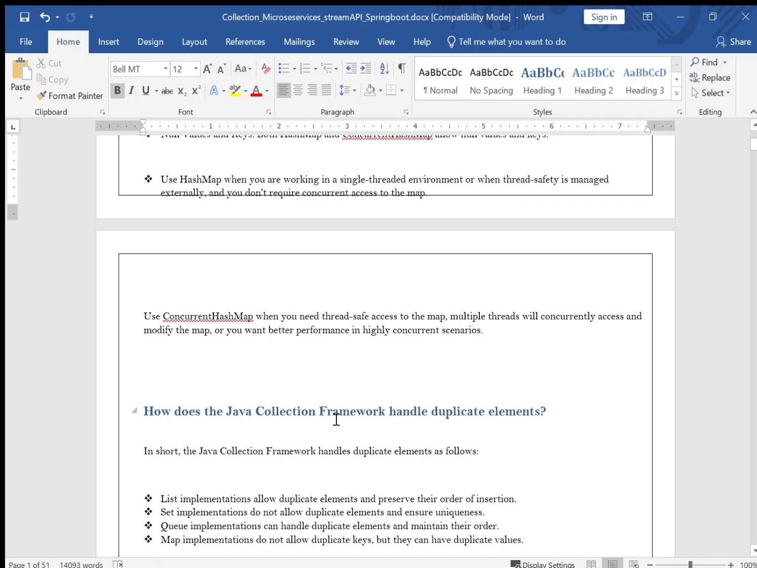How does the Java collection framework handle duplicate elements? Most interviewers ask that question. How to handle duplicate elements in the Java collection? So you have to answer it like this: list